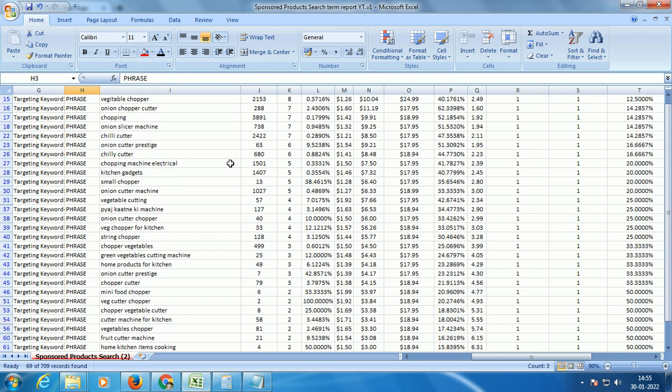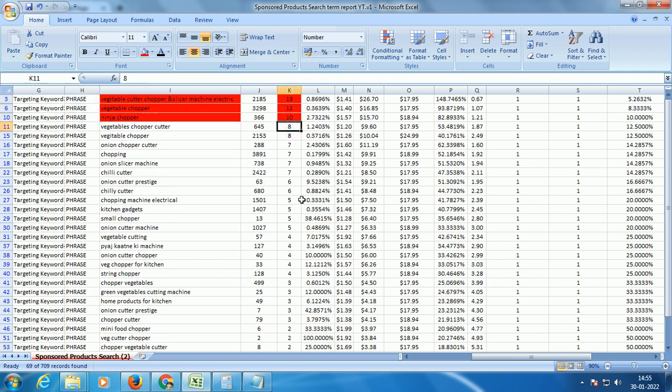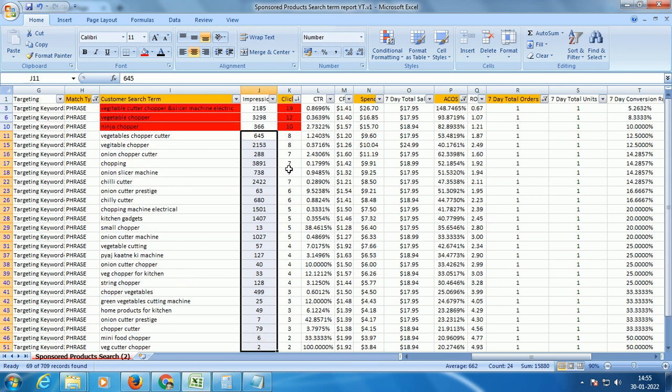Now what about the remaining ones? Here we don't have sufficient data. We did not receive 10 clicks. Impressions also tend to be lower. It is not just about your clicks; you also need to see how many impressions you received. For example, here you have 8 clicks and 2153 impressions, which is a decent number, right? Now it is completely up to you how you want to play around with your numbers. If you want to keep it simple, you can go with your 10 click rule. Otherwise you can definitely look at the count of impressions and then decide, right? For our ease of understanding, I'm going with the 10 click rule.